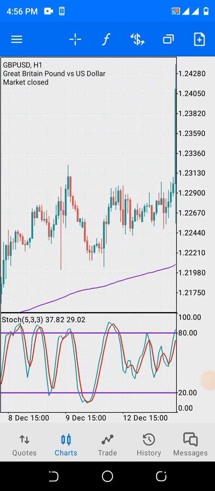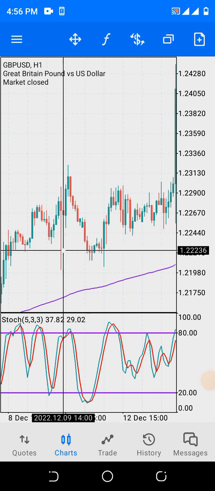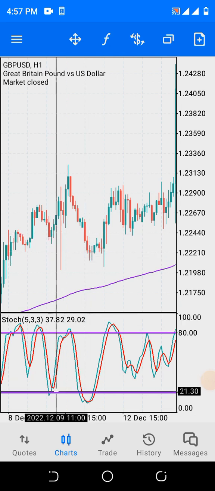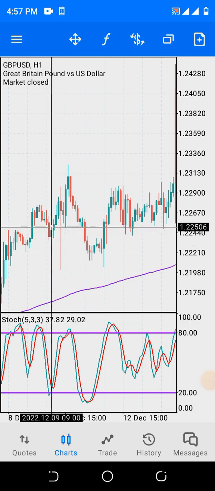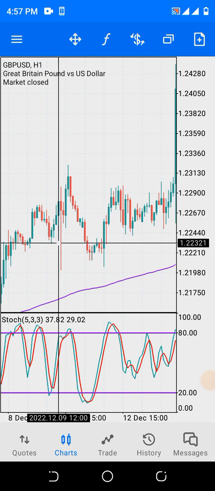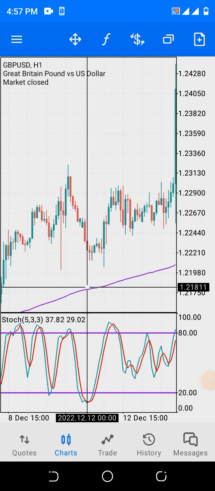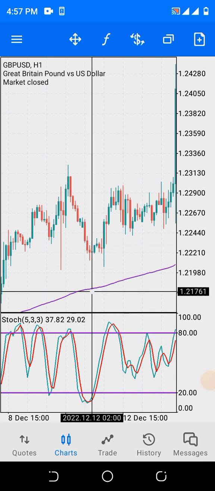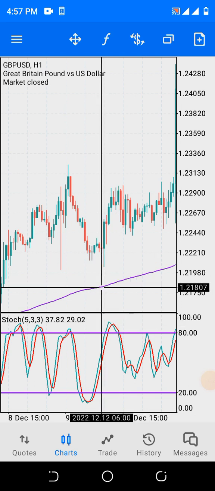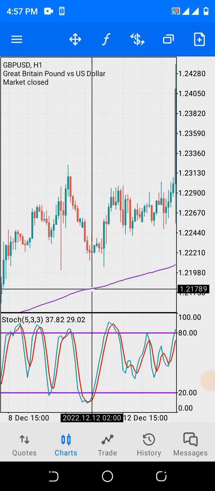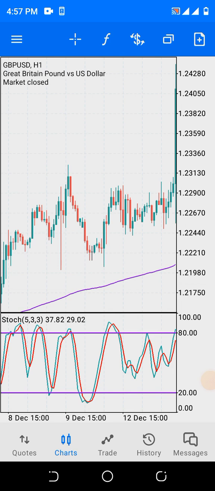Now I told you that when it is oversold, like here it is oversold, but here the candlesticks are far away from the moving average, so we don't take this particular trade. So move to the next. Here the candlesticks are closer to the moving average, so we make our trades here. So watch it closely.